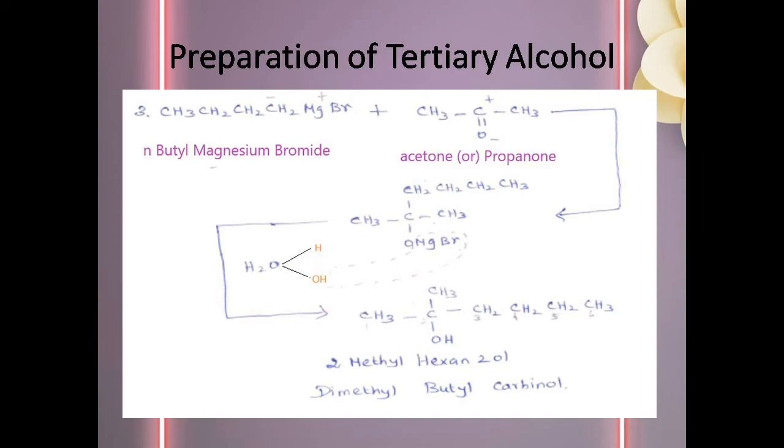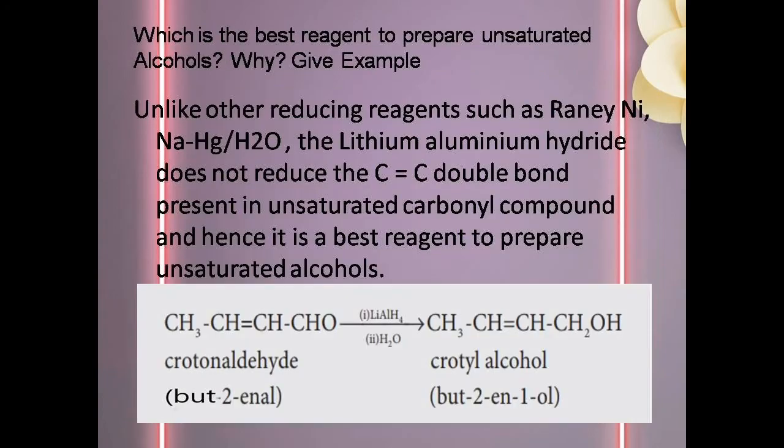Another common name is the carbinol system. Carbinol system means the carbon which has the alcohol is called carbinol. Now that C-OH is the carbinol. That carbinol is having 2 methyl groups, so dimethyl, and one side having butyl. Butyl means 4 carbons. So in the carbinol system the compound name is dimethyl butyl carbinol.